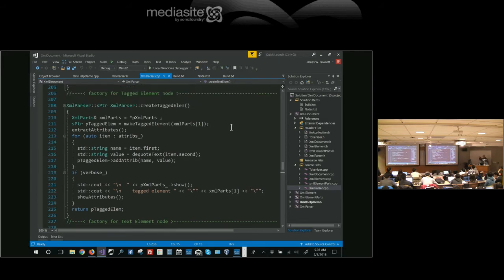So the parser is creating a whole bunch of elements as it's going along, recognizing, okay, I've got a text element, so in that XML string, there's a text element, so I need to create a document element for that text. And so what I added to it